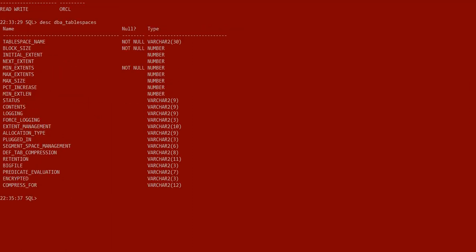Here you can see that I have described the table DBA_TABLESPACES. What is DESC? Basically, if you want to know the names and data types of the columns inside a particular table, you can use the describe keyword and then the table name. After that, you can easily see the column names inside that table, because it is not necessary that we always remember column names, so it will help us as well.